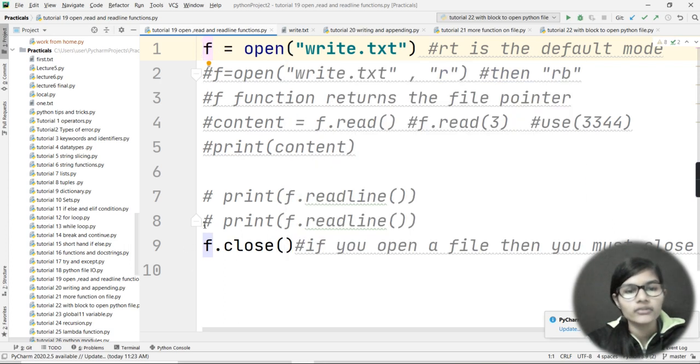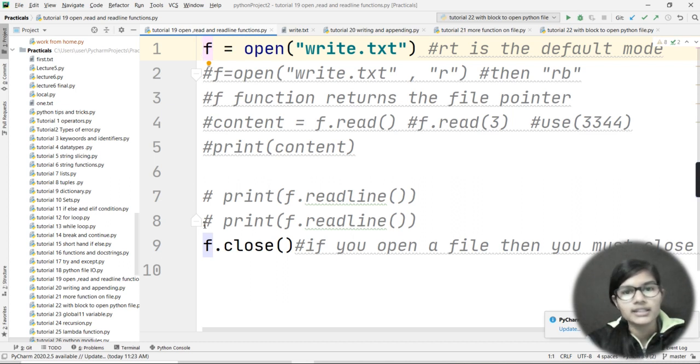Let's say you have opened a book and studied from it for 1 hour. After that, are you going to keep that book permanently open, or are you going to close it? Yes, you are going to close that book. This is the only thing I want to tell you: a text file is also like a book.